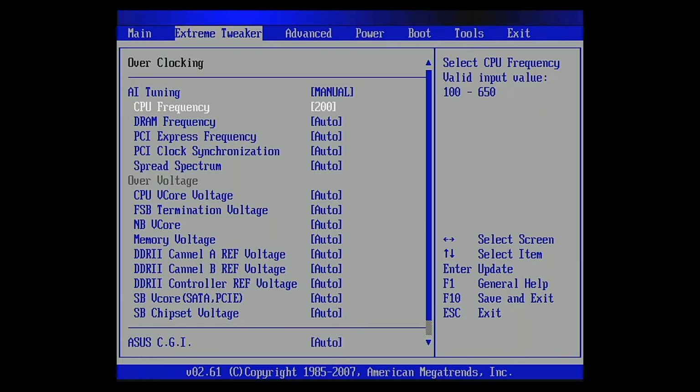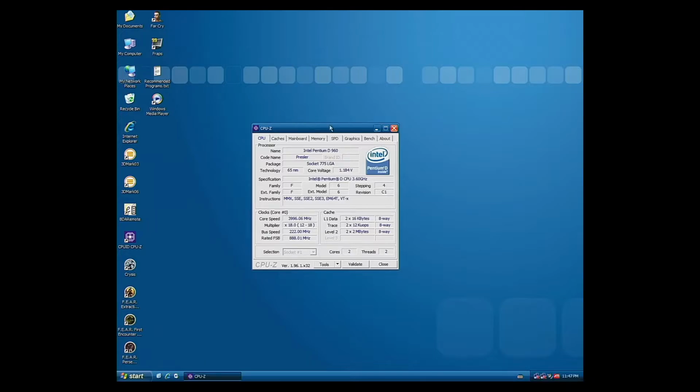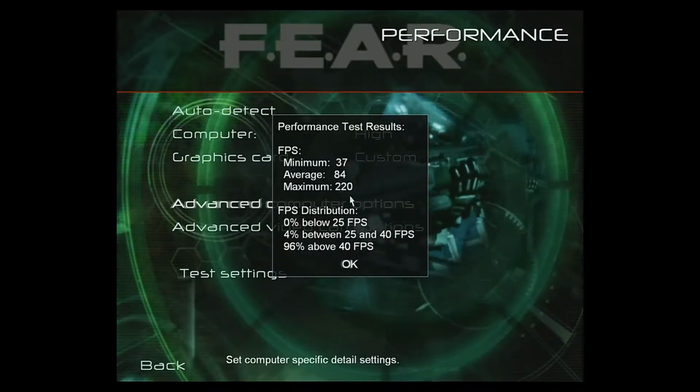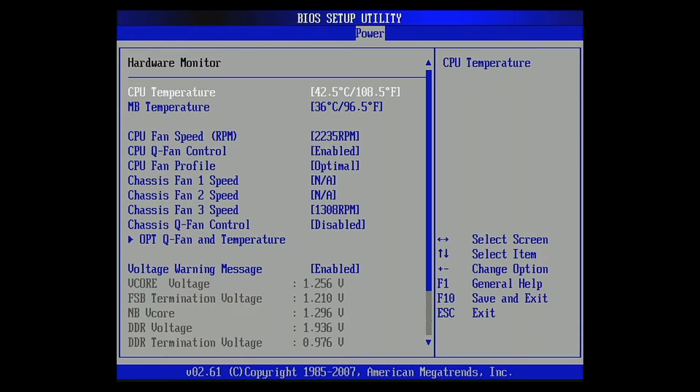Well, it didn't take much effort to beat the later 965 Extreme Edition's 3.73 GHz stock clock with a quick bump to 202 MHz FSB. Feeling lucky, I hopped back into the BIOS and pushed the FSB to 222 MHz, or 888 megatransfers per second, for an even 4 GHz core clock. This brought performance in F.E.A.R. much closer to the FX60 running at 2.8 GHz, and likely beyond its stock performance at 2.6 GHz. The machine was completely stable at 1.256 volts V-core, and temperatures were still looking reasonable, so I